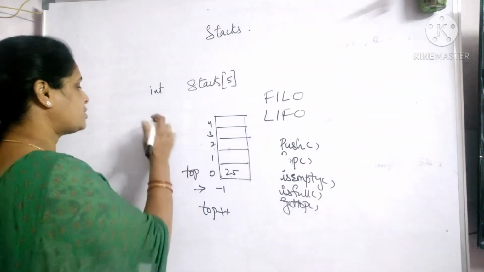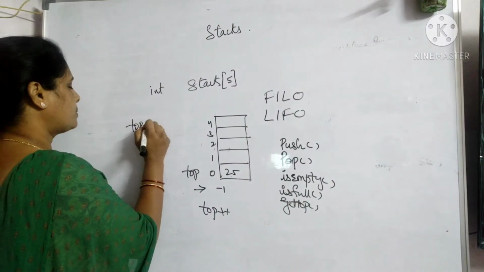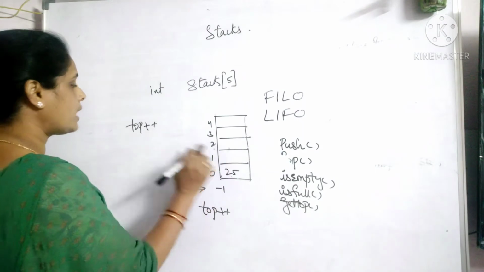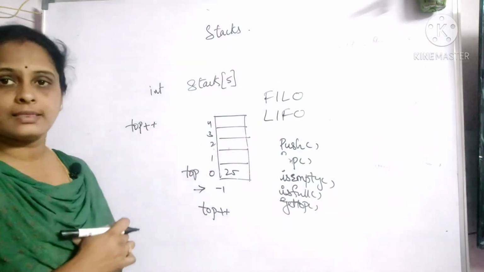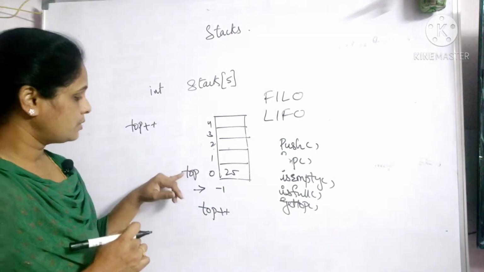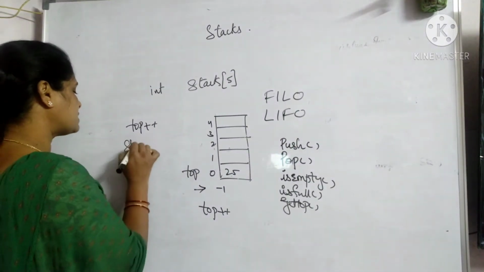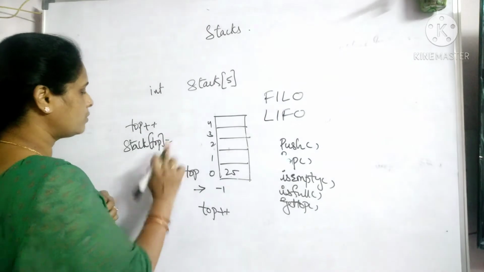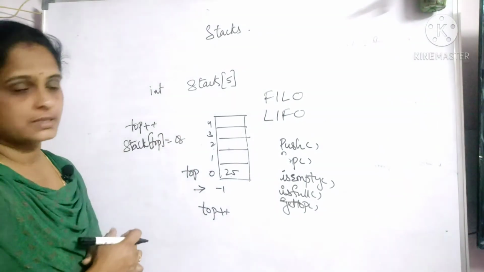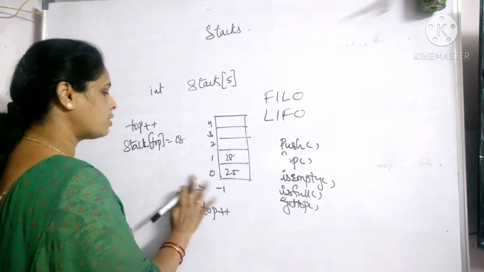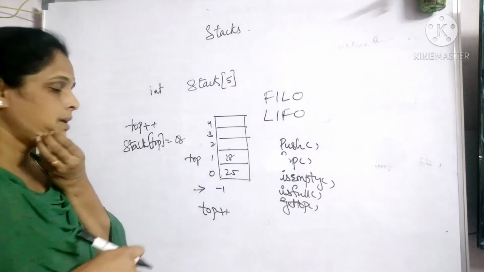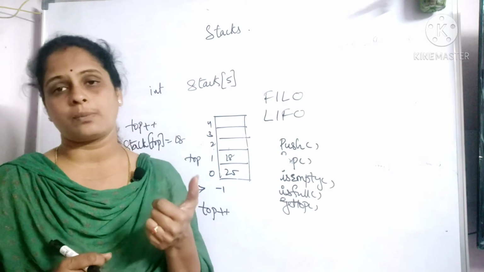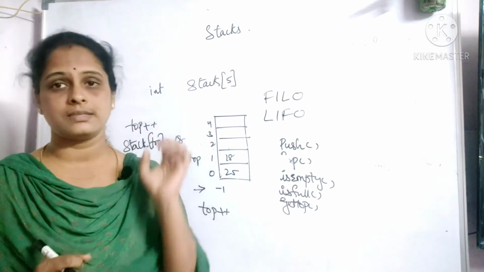That means I should make top plus plus. Then what should I do? I have to put the element in that particular location, right? So top plus plus, then I can do stack of top is equal to 18, as we have discussed. Then I can put 18 and my top is here. In that way, insertions are done. So whenever insertions are done, I need to increment the top position by 1, then only I can insert an